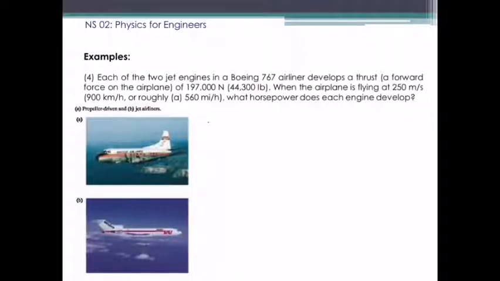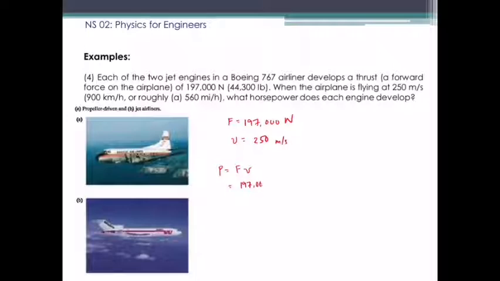Since we have 2 here, they are actually the same. So we are given the force, 197,000 newtons, and the velocity, which is 250 meters per second. So from the formula, that is the dot product of force and the velocity,